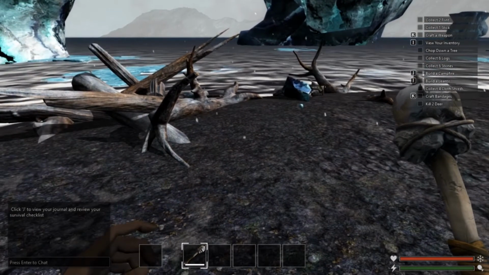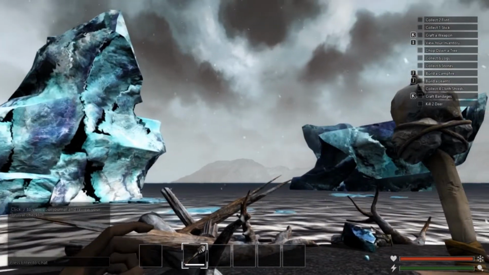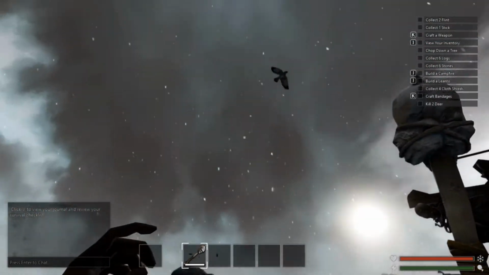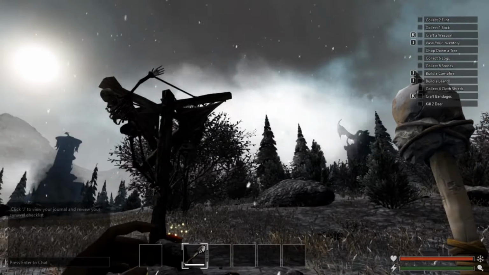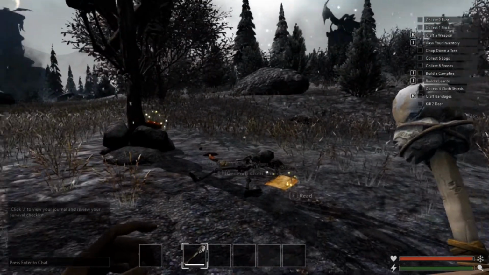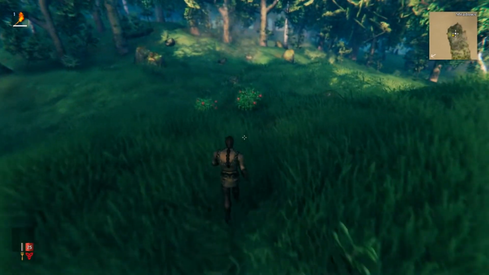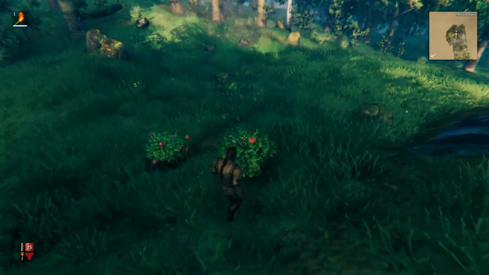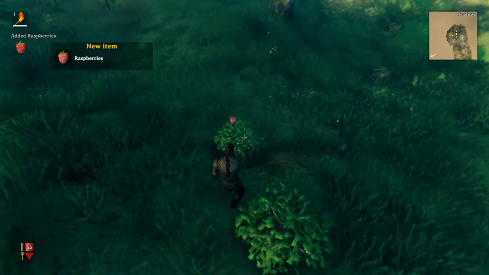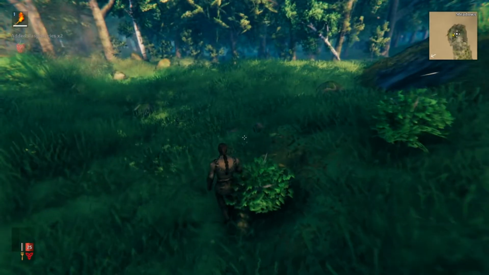Now you have to still worry about it, but once you get to a certain level with your armor, the cold doesn't become as much of a factor unless you go dipping your toes in the cold water around the islands. Conversely, Valheim has a very simple health and hunger stamina system in which the level of hunger reflects both